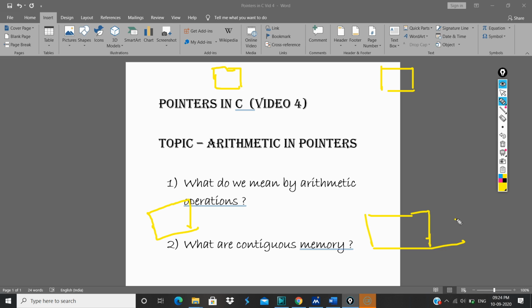Now let's assume that this entire screen that is visible to you is your memory. Whenever we want to store something in our memory, we need to create this kind of boxes.